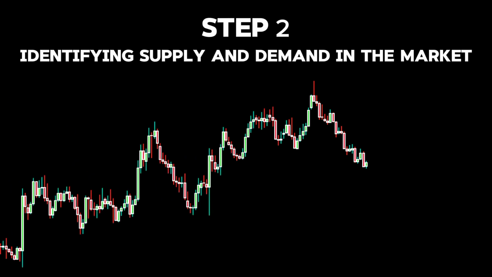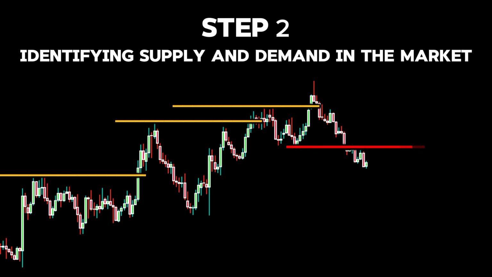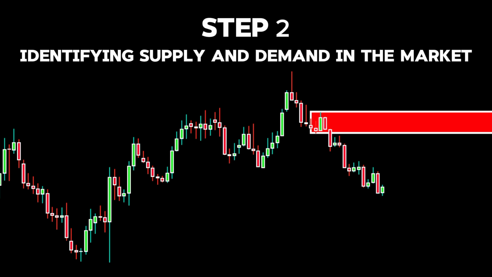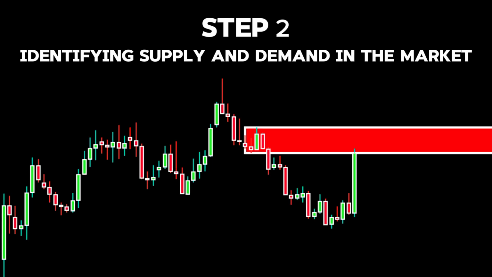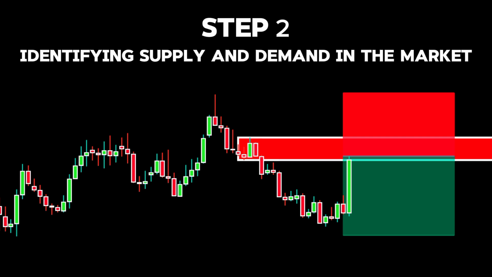Take a look at this example. Here we are in an uptrend because price is making higher highs and higher lows. As you can see, this low is what broke the previous high, so this is where price needs to break in order to be in a downtrend, and that is exactly what happened. So now we are in a downtrend, and we only look for areas of supply in order to take short trades. So we mark our area of supply, and as price comes back up to this area of supply, we enter a short trade and set our stop loss above the last high